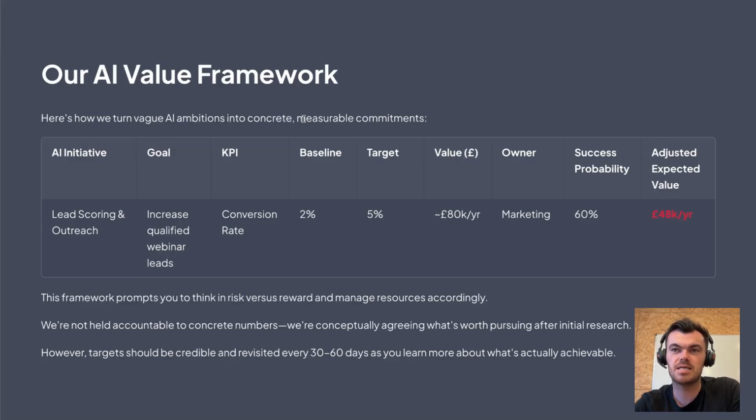Success probability is a means to start thinking about your project in terms of risks instead of in terms of binary yes or no. I think that's also another risk mitigation strategy that has successfully helped me stop projects early on that would never have worked, which is really, really useful. And again, this sets up a recurring narrative around learning and experimentation as well. Once you start trialing these things, because they should be fairly quick, you can see whether you're getting to some of these numbers or on the way to those numbers, and how accurate you are in suggesting some of the value and success probability.